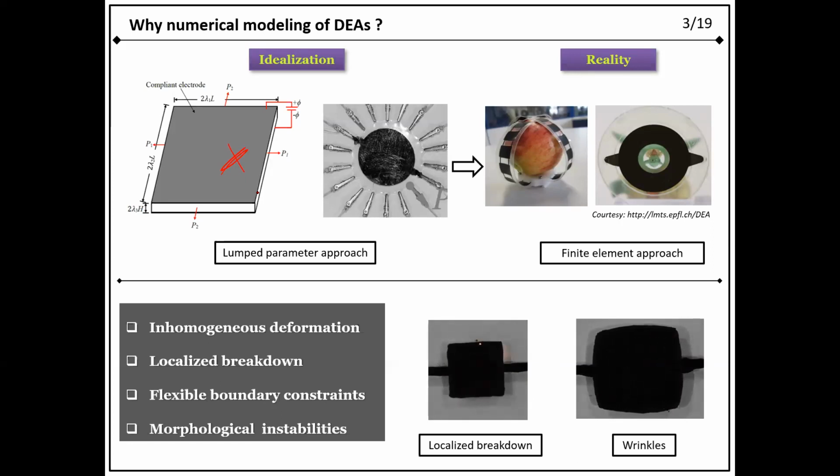Okay, however, in actual practice, for example, this is a gripper, a 4-finger gripper. You can see that this material will undergo inhomogeneous deformation. The deformation at this point and this point are not the same. Similarly, if we talk about a tunable lens, the deformation at this point and this point are not the same, so they are different.